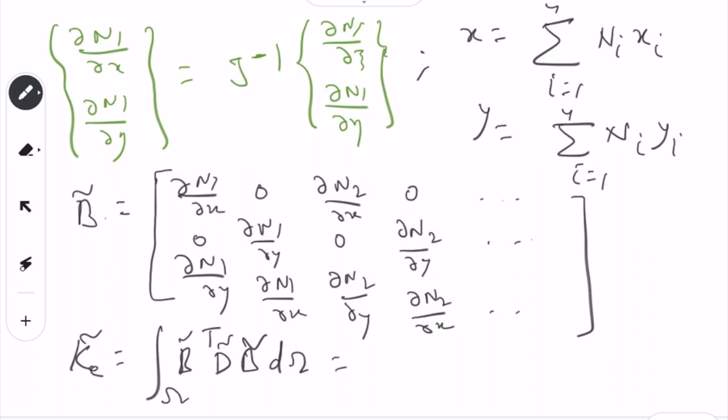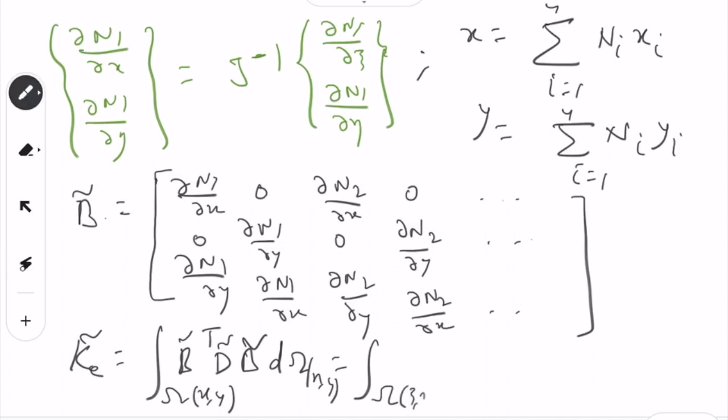This B we have to calculate, and in order to do numerical computation of the integration, we also have to convert it. Right now this is in xy, so it can be converted into